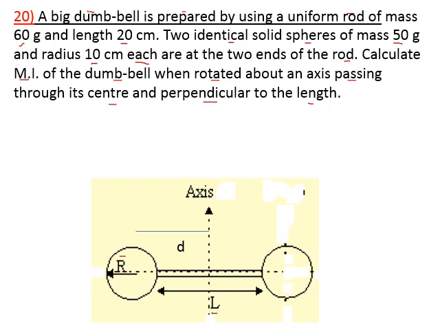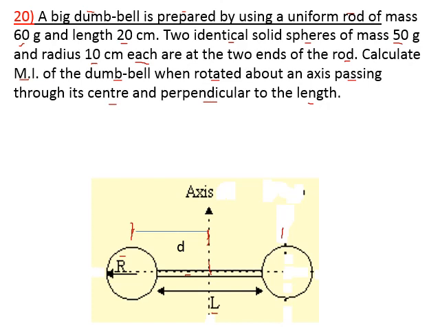Mass of this rod is given. Radius of this sphere is given. This length of the rod is given. And one more thing we have to consider here. The d is nothing but the distance between the center of the rod and the center of the sphere. Since this much distance is d, this much distance is also d by symmetry. Clear? Now about this axis we have to find out the moment of inertia of this system.